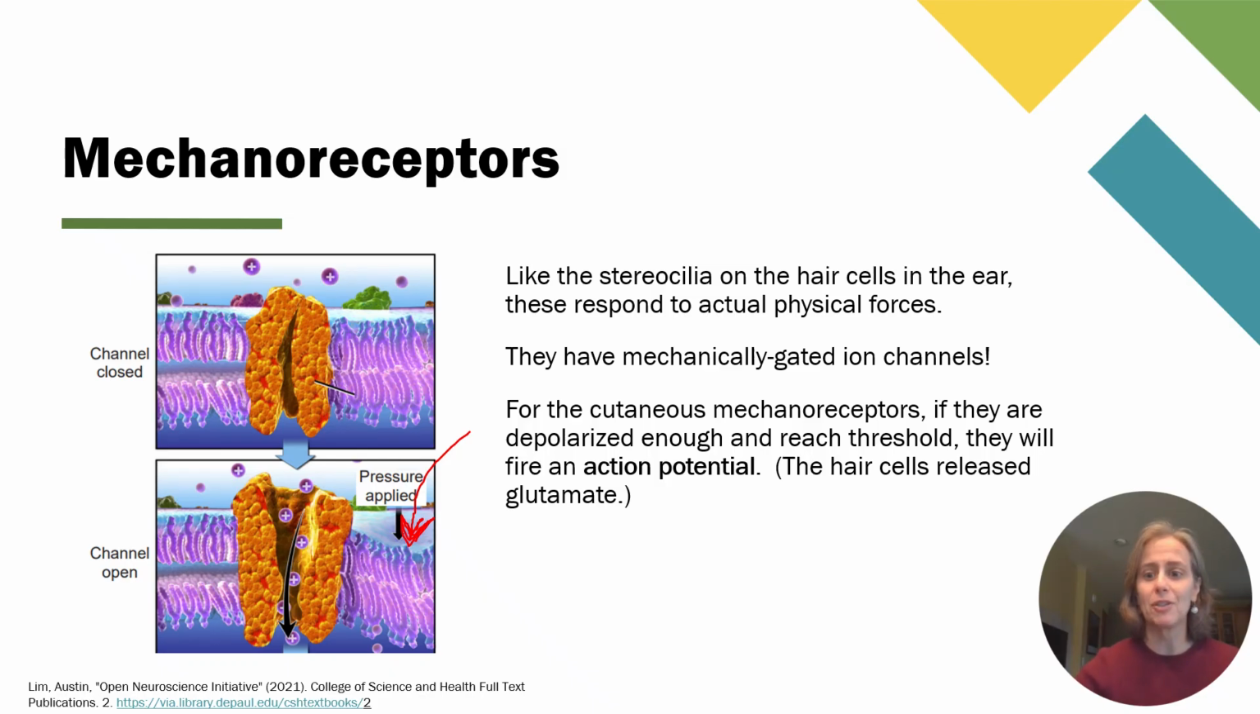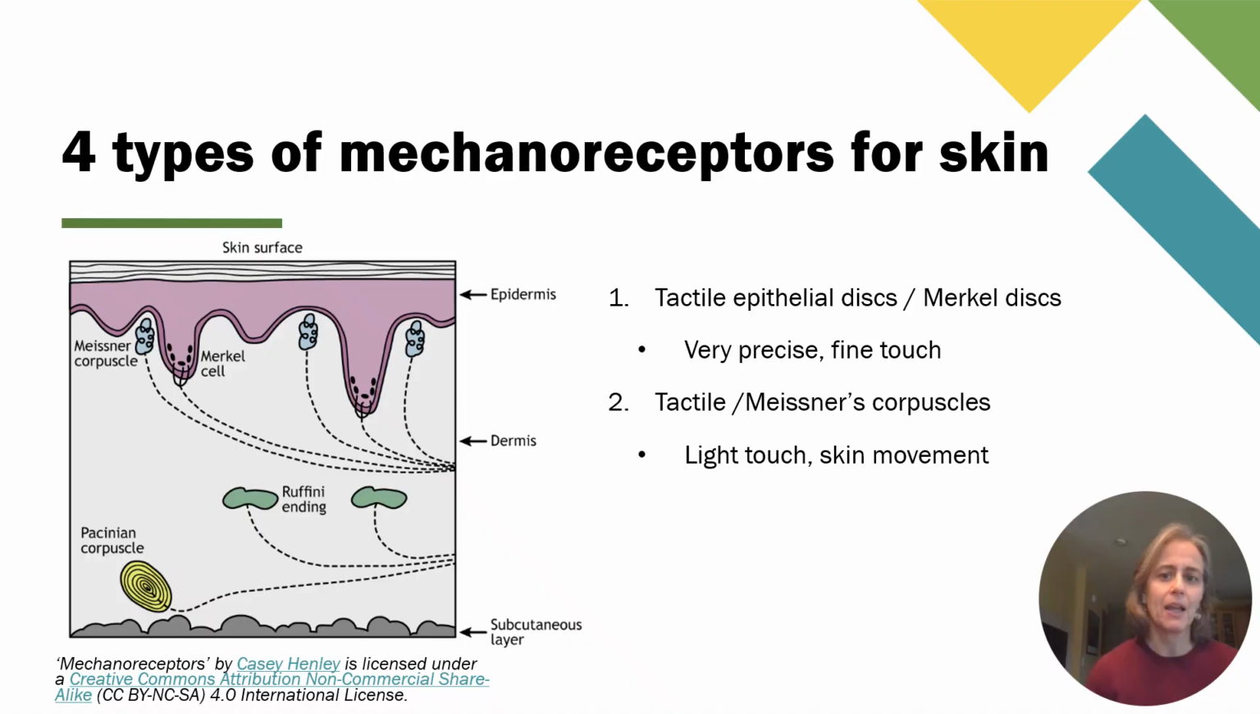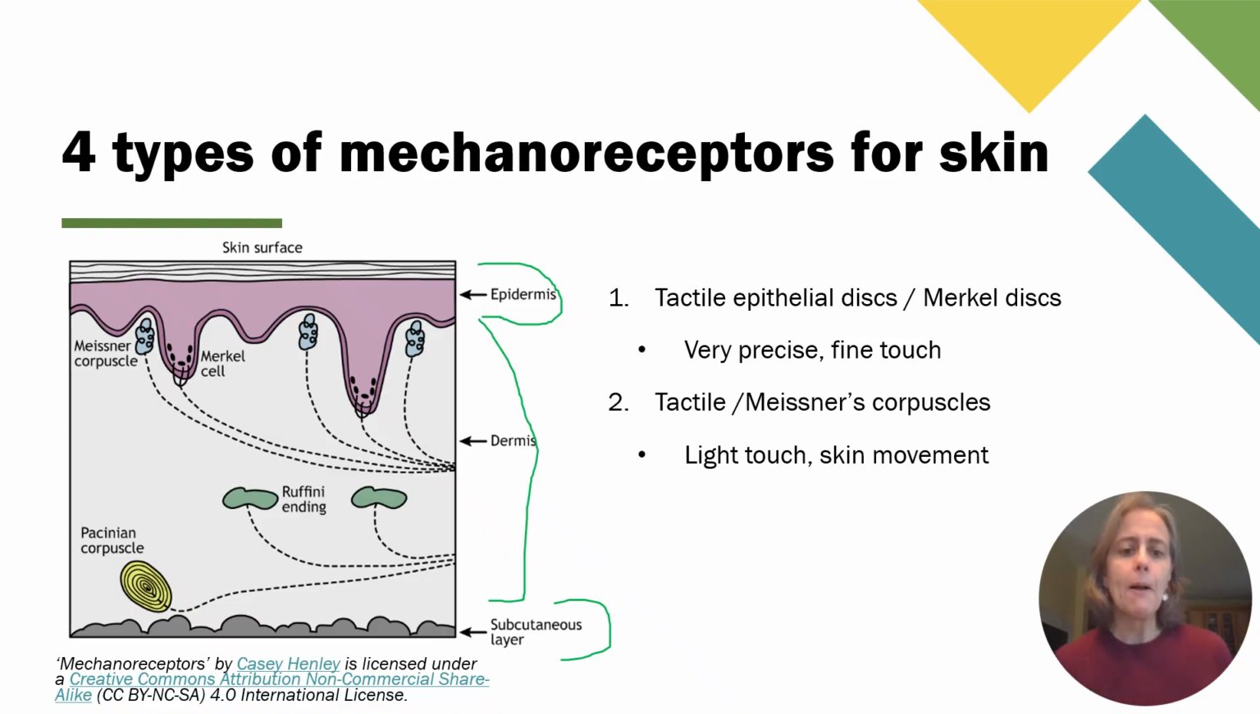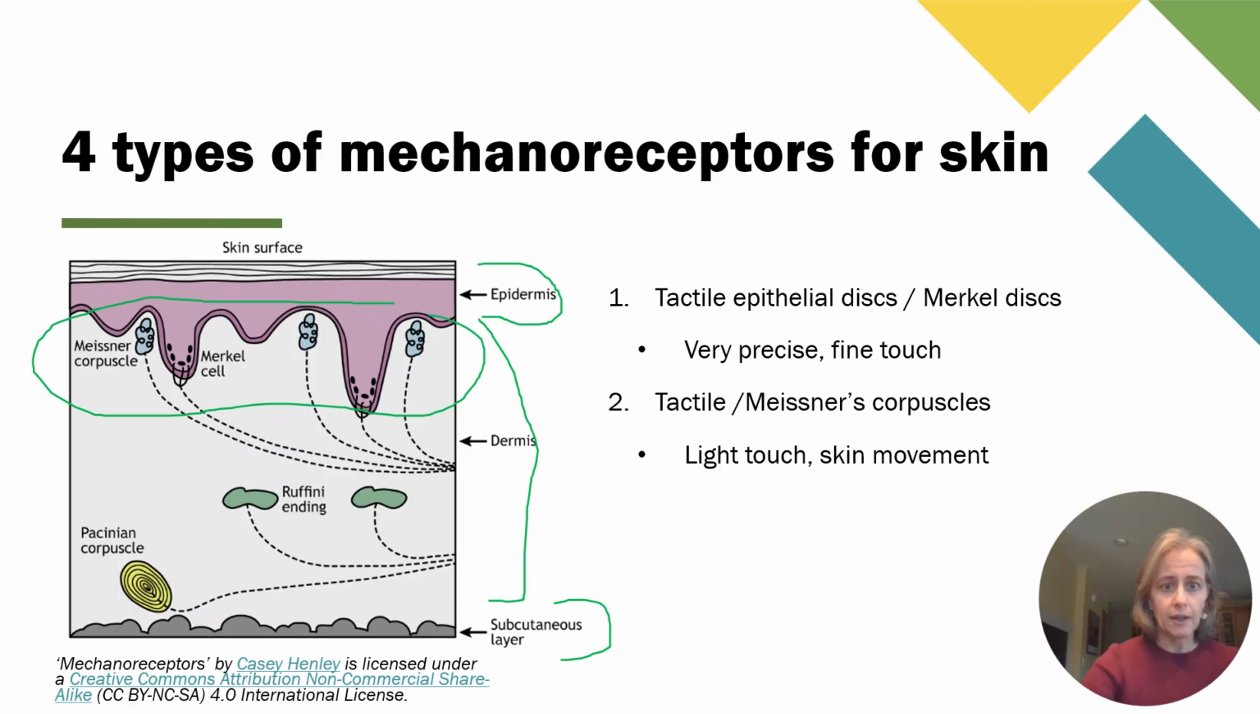So mechanoreceptors for the sense of touch. There are 4 different types that we find in the skin. So your skin has different layers, as you might remember from anatomy and physiology. The upper layer is the epidermis. Then the middle biggest layer is the dermis. And then you have the hypodermis or subcutaneous layer, which is where the fat is. So we have 2 types that are way up top here, not in the epidermis, but in the upper parts